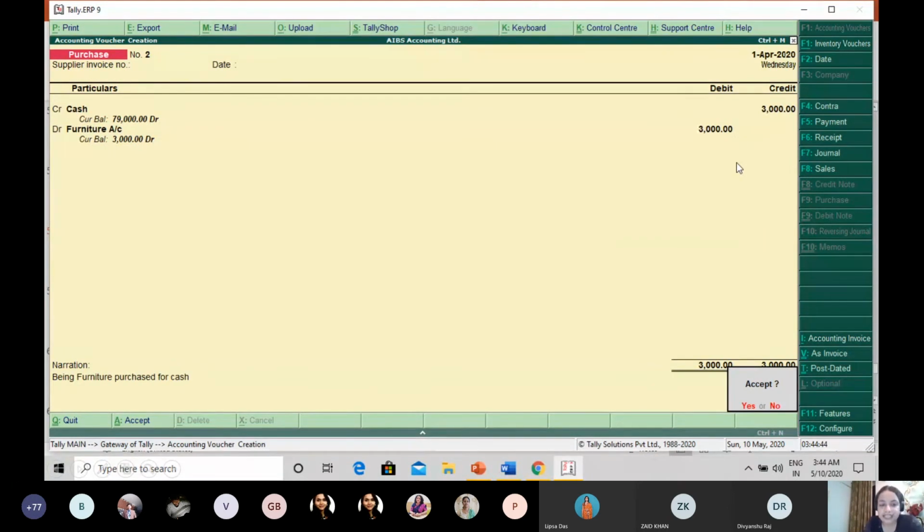Always remember this thing, that if this furniture account is not showing on the ledger account, in that case, always go to F12. There might be a particular option which is not activated. Go there and activate it, and every account would be shown. So we have added cash and put 3,000 in it, and then furniture, and put 3,000 again in it.